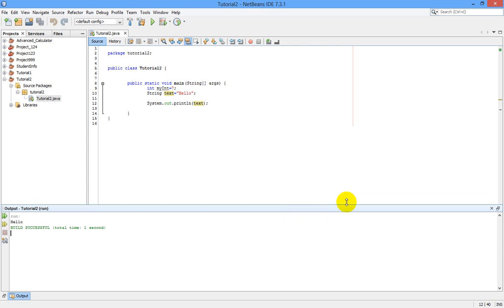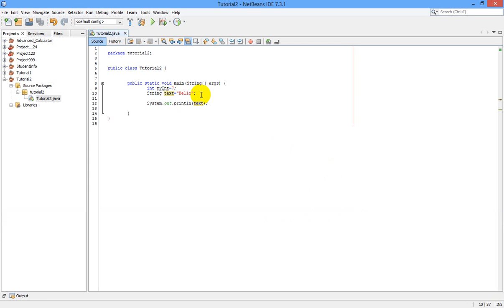Now I am going to type only some blank space here. String blank is equal to, just I am giving some blank space.